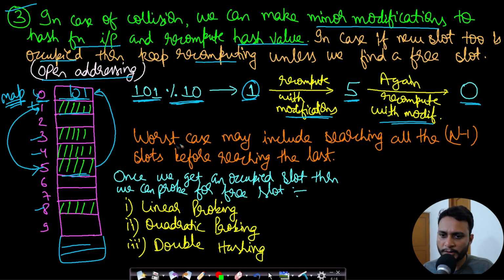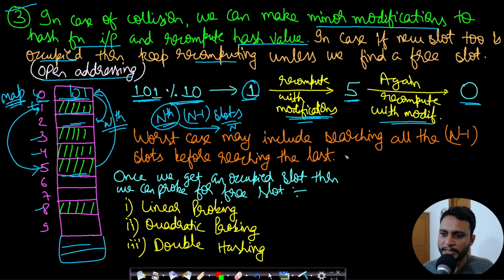Now in open addressing, in worst case, for inserting let's say the nth element, we might be searching n-1 slots which are all full. Okay, and we will be inserting this nth element at the very end, right? So when we keep recomputing, all the slots are filled except a single slot which we will hit at the nth recomputation, right? So when we do that, then actually for inserting an element, we are doing this hashing operation n times, and so the time complexity can go to order of n in this case as well. It is the same as chaining, where we had stored all the elements in a single linked list, right?